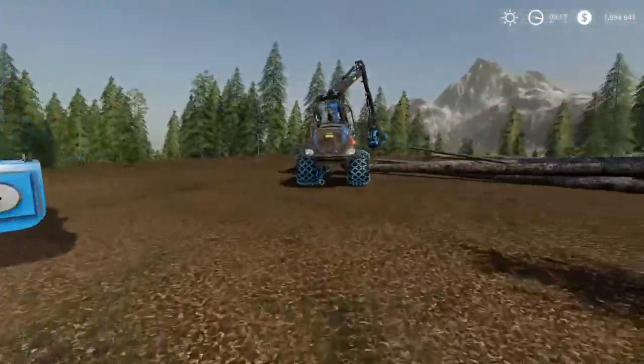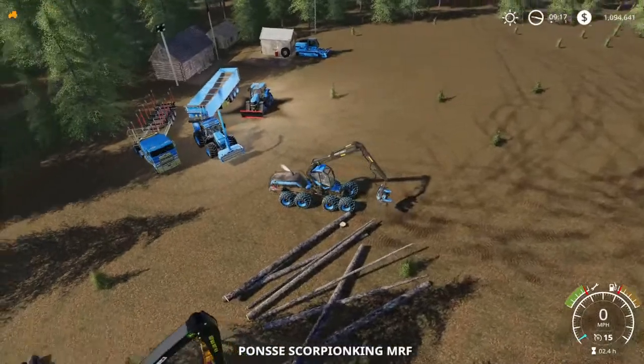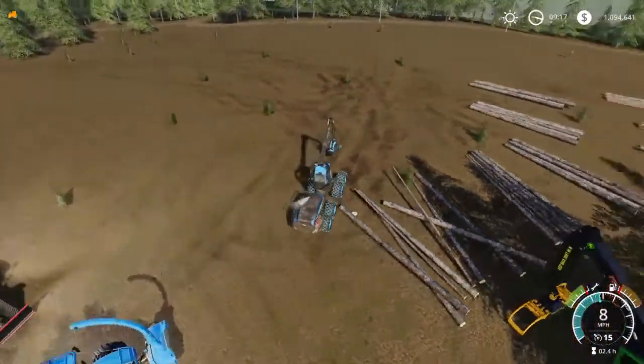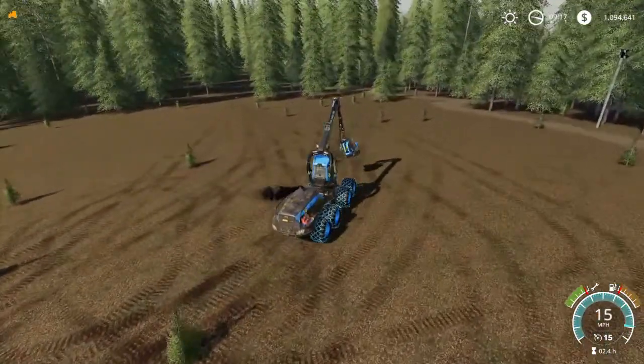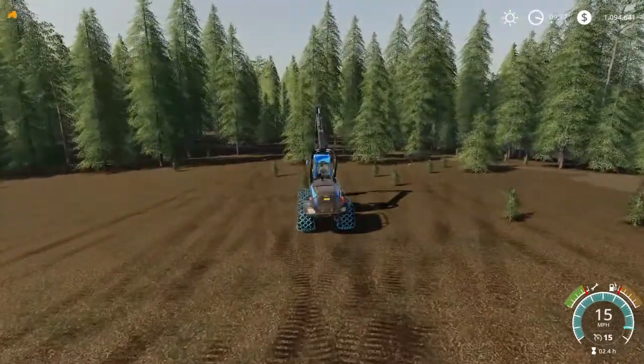There she is in all her glory, all TLX 9000. I heard it was coming back, but who knows what's going on with FS19 coming to a close here. The game will be around forever, but us as the farm sim community and a lot of the players and stuff like that,